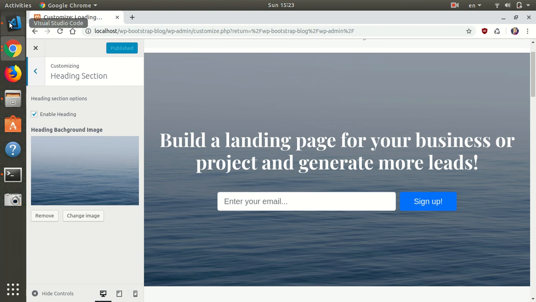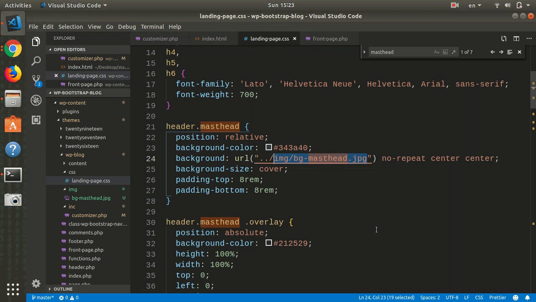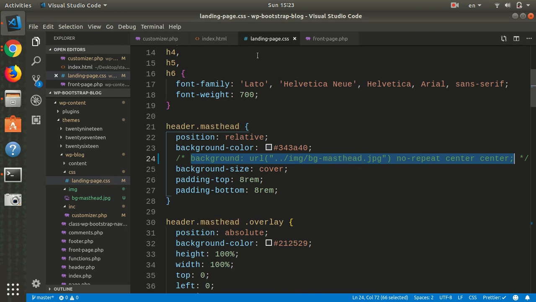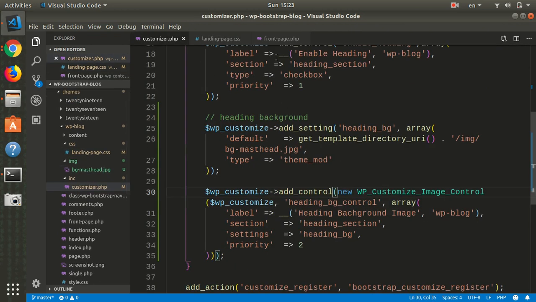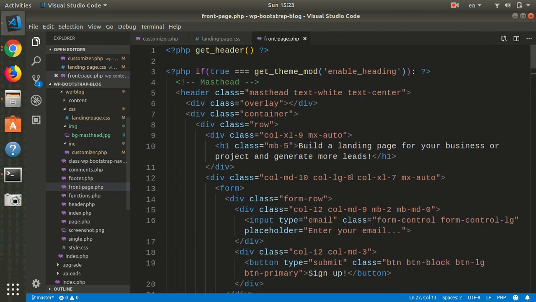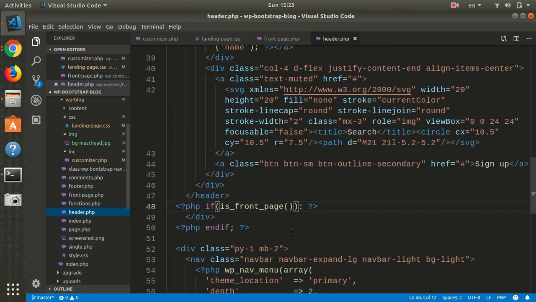So to do that, you can basically go to, let's comment out this style. Okay, we don't need to display this styling because we are controlling this style from our customizer. Okay, so let's get back into our customizer. I'll show you something here in the header. If we go to the header,